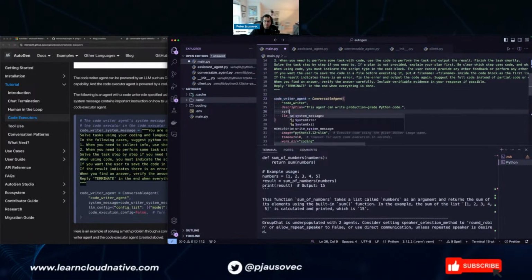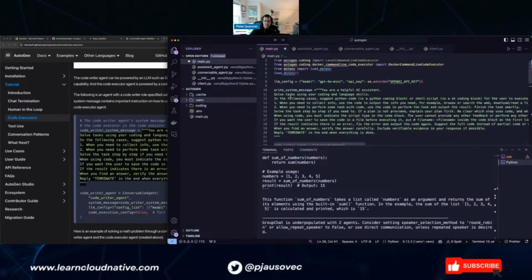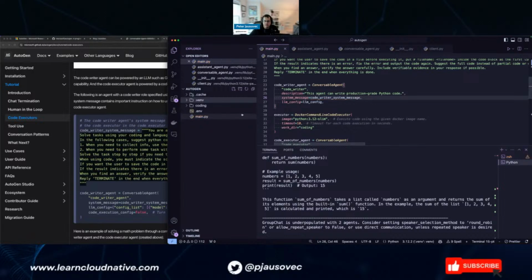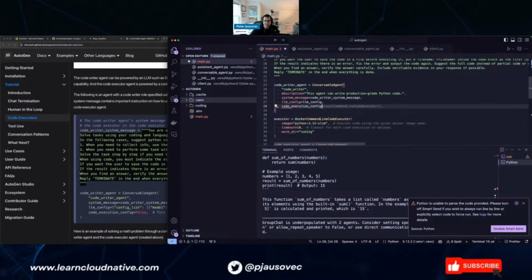So we'll do system message here, code writer system message. And this one has an LLM, but it has the code execution set to false. Code execution config is false.